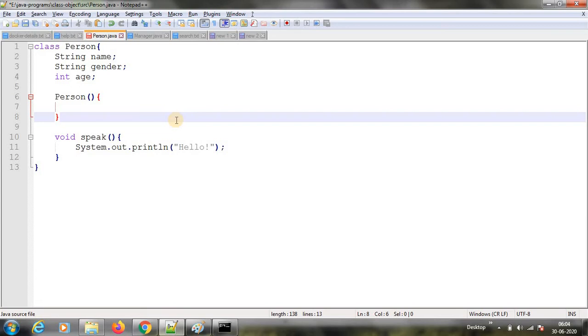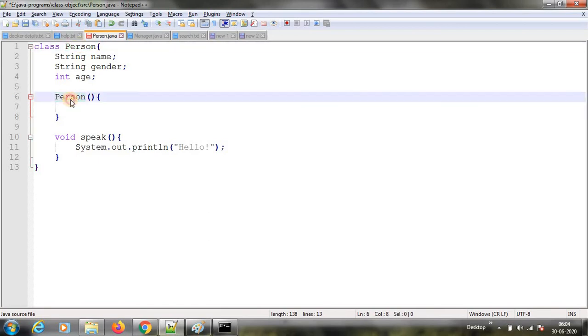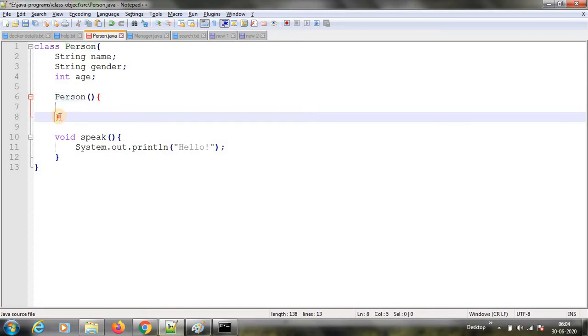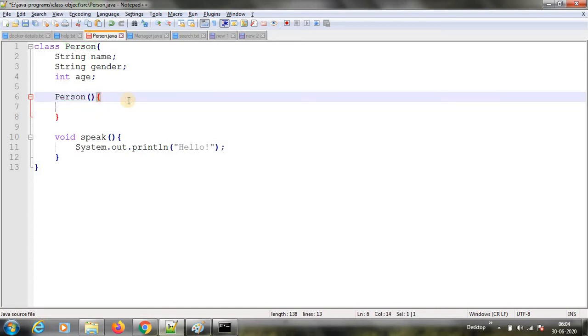Constructor should always be the class name. So here I have written a person class. My class name is Person. Then my constructor should be this one only. Okay. So now